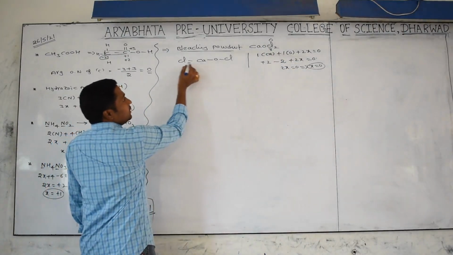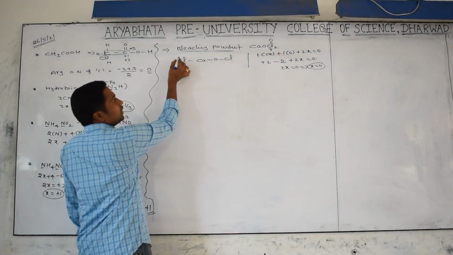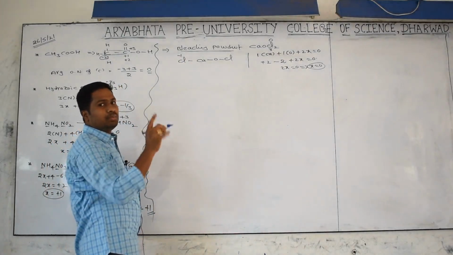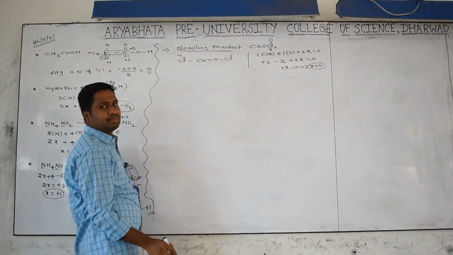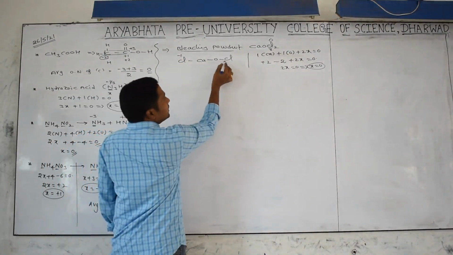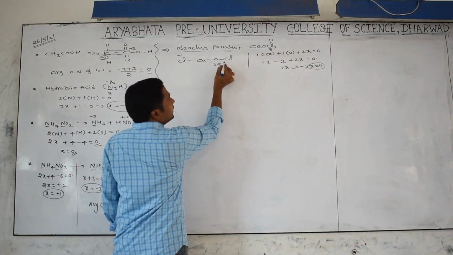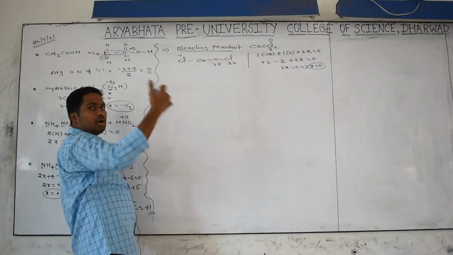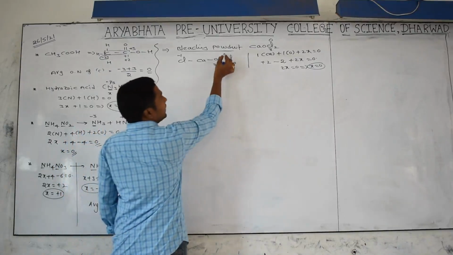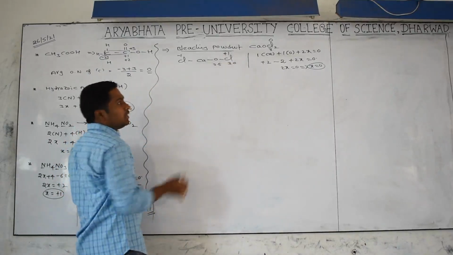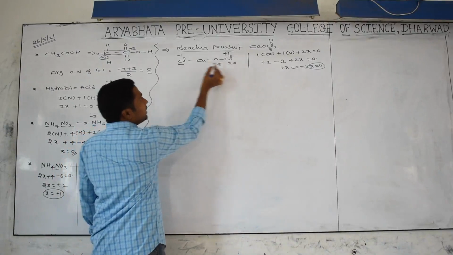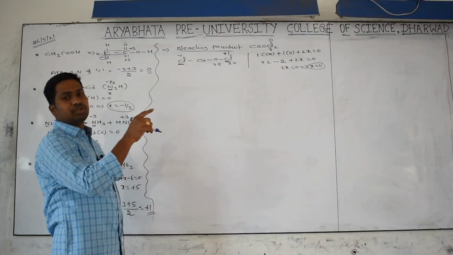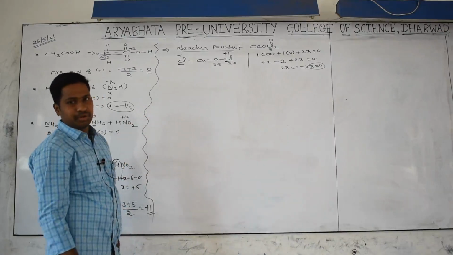This is the metal, this is the non-metal. That's why the non-metal pulls more, so the charge coming is minus 1, because single bond minus 1, double bond minus 2, triple bond minus 3. Now oxygen is there, chlorine is there. Oxygen electronegativity is 3.5, chlorine electronegativity is 3, so oxygen is relatively more. That's why we are getting plus 1 charge here. Individually it is minus 1 and plus 1. Average means minus 1 plus 1, 0 by 2, is nothing but 0.